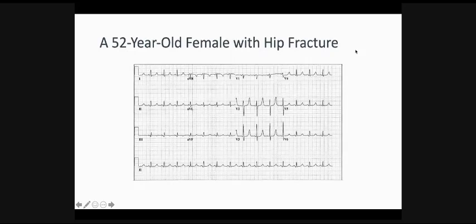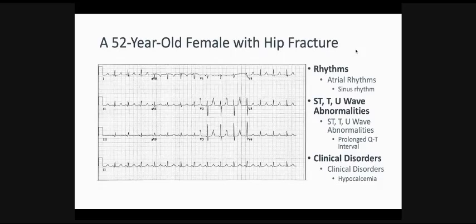As most of you got this right, we'll code this as a sinus rhythm because there is a P wave that is upright and preceding every QRS complex. Over the ST-T wave abnormalities, we'll code this as a prolonged QT interval. And as Dr. Najmuddin elaborated in his excellent lecture, how do we code and how to detect the long QT interval in the ECG. The final diagnosis here is probably hypocalcemia, keeping a hip fracture in mind, and the prolonged